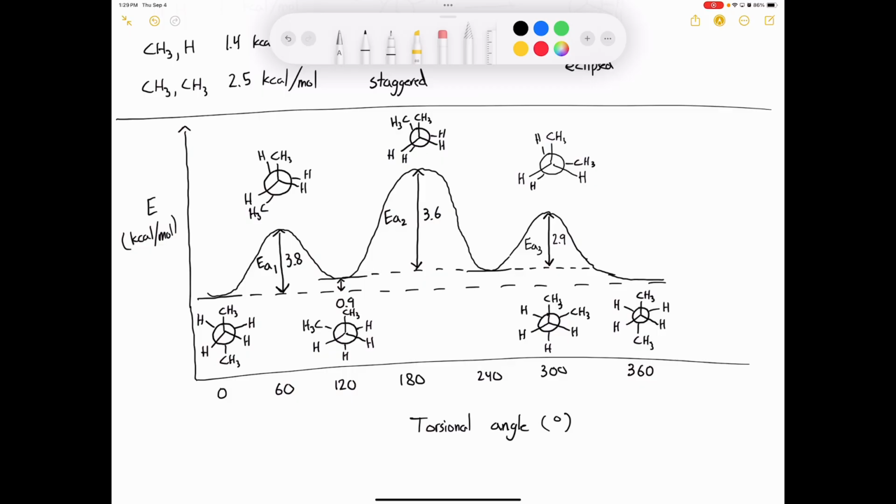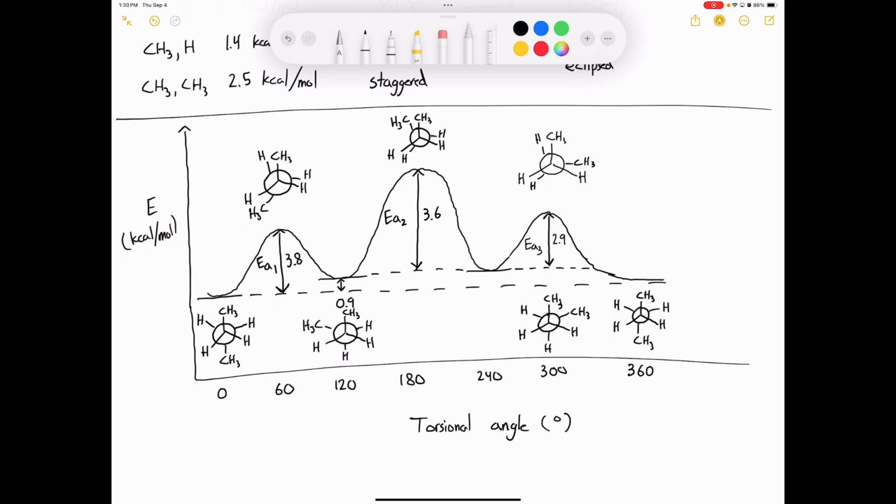So there's two different initial points, right? The initial point for EA1 is this bottom right here, and then for EA2, the bottom is this elevated position right here. So notice that they're not the same level. So EA2, if we have the same initial first point, it'll be 4.5 kcals. So it's actually higher. But I want you to realize that as we go from left to right, we're considering